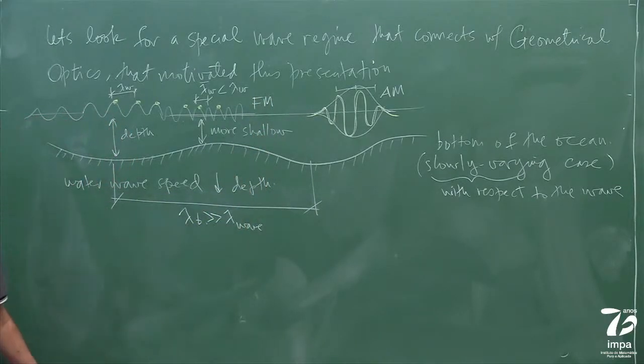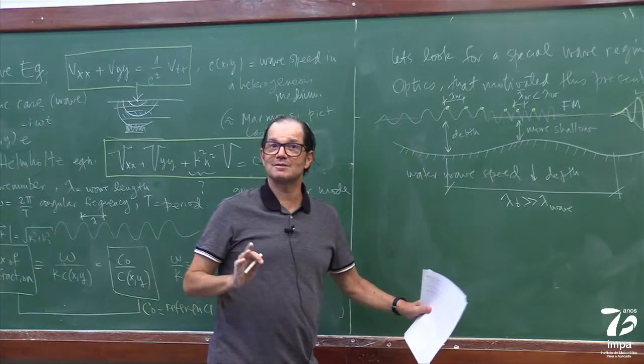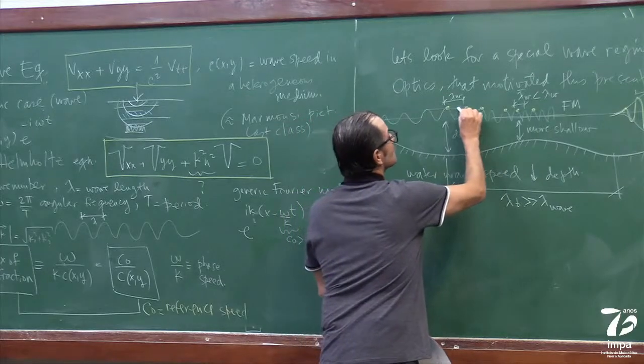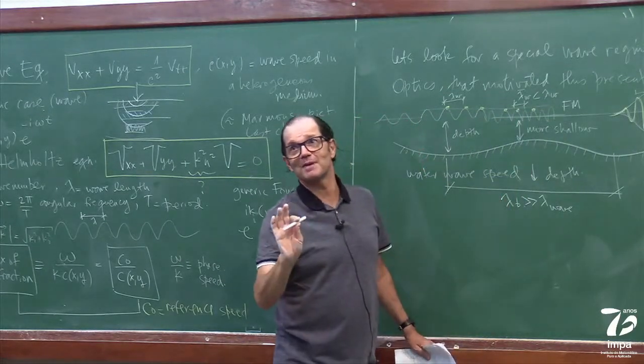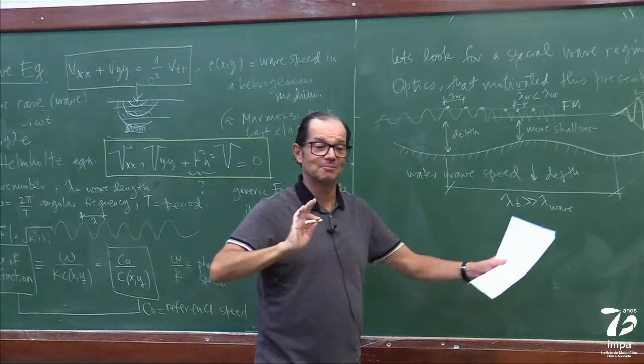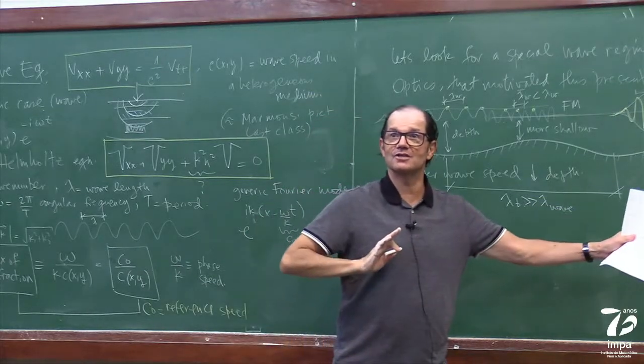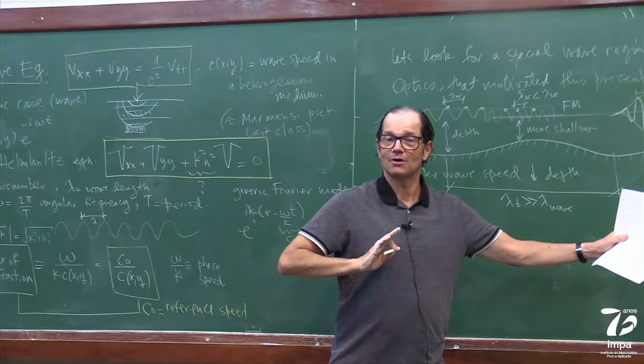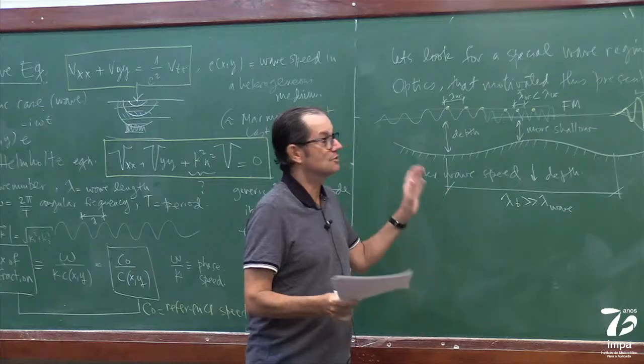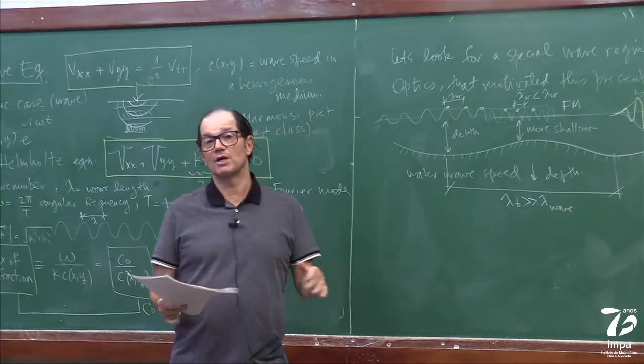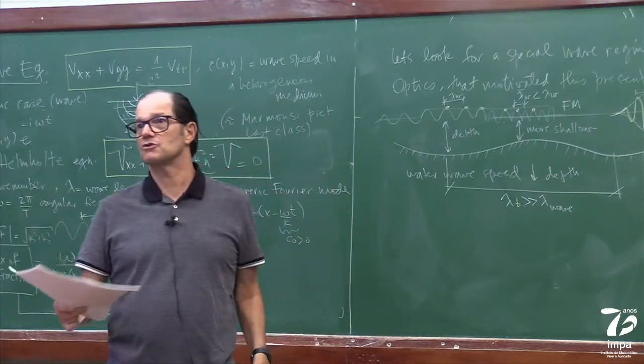is FM, which is frequency modulation. The amplitude is the same. My drawing is bad, but the amplitude is the same. But the frequency is changing. Okay? So these are different effects of waves, depending on where they are, depending on how they're generated, depending on